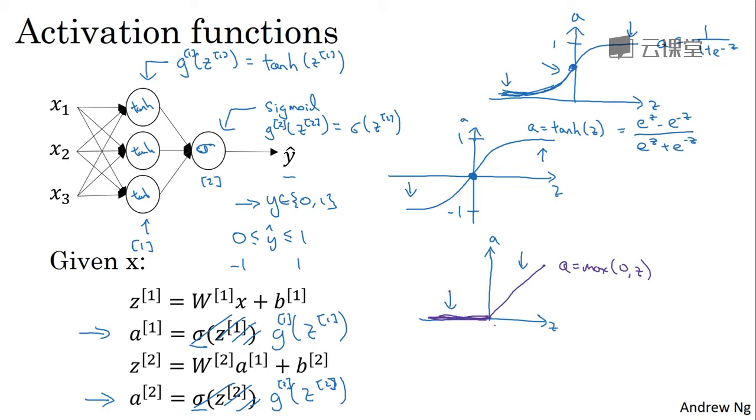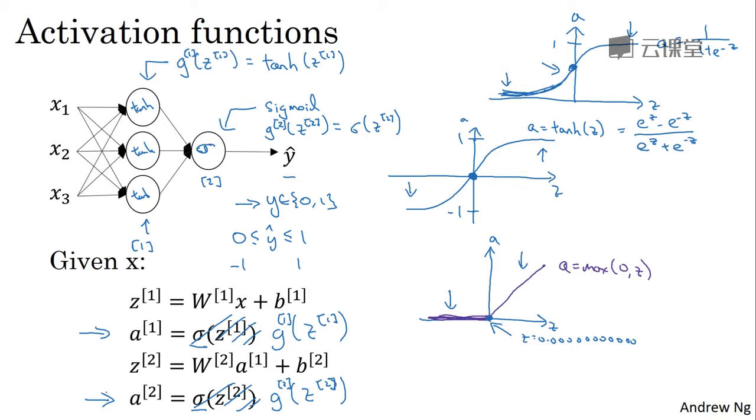If you're implementing this, technically the derivative when z is exactly 0 is not well defined, but when you implement this in the computer, the odds that you get exactly z equals 0.00000000000 is very small, so you don't need to worry about it. In practice, you could pretend the derivative when z is equal to 0 is either 1 or 0, and your code will work just fine. So the fact that it's not differentiable